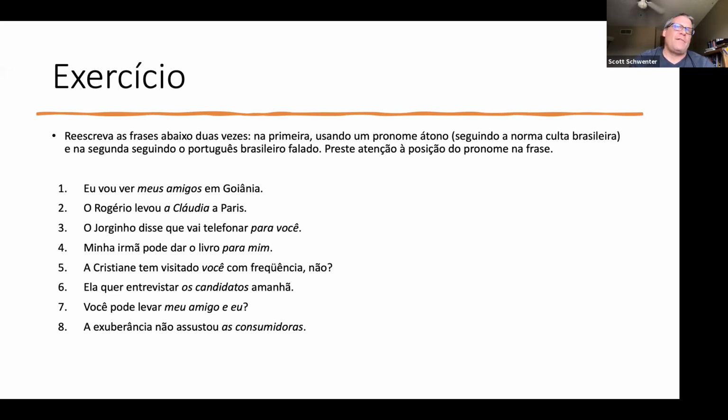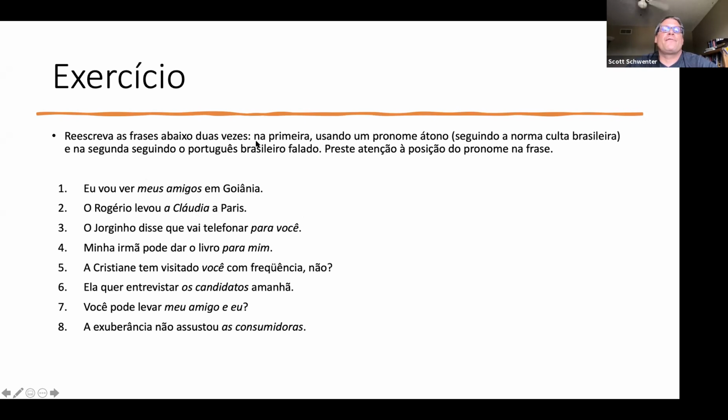And Brazilians often complain. They say, you know, why are we learning all this stuff that we would never say? And I don't blame them. But for our students, sometimes they need to learn how to write in a more formal style in Portuguese. So this is one exercise that I've used with them where they have to replace this italicized word or phrase with a pronoun.